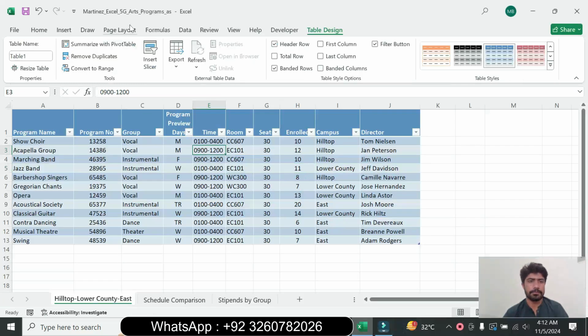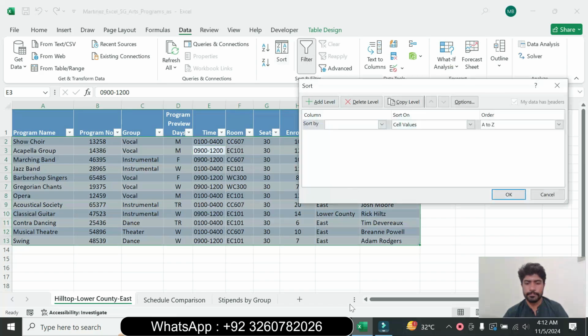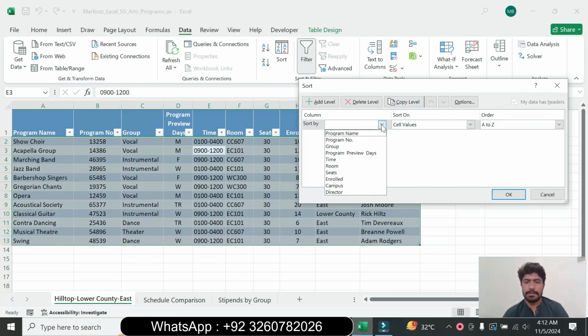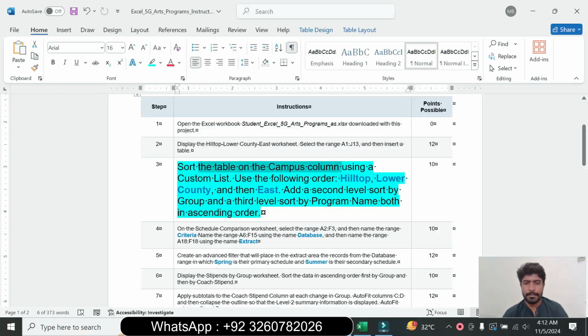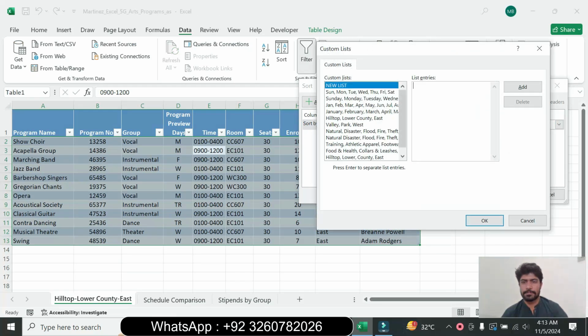Sort the data. Go to the Data tab and click Sort. Choose the campus column and add the campus column. Click the campus, and use the custom list. Hilltop is in the custom list. Copy it and paste the Hilltop, press enter,